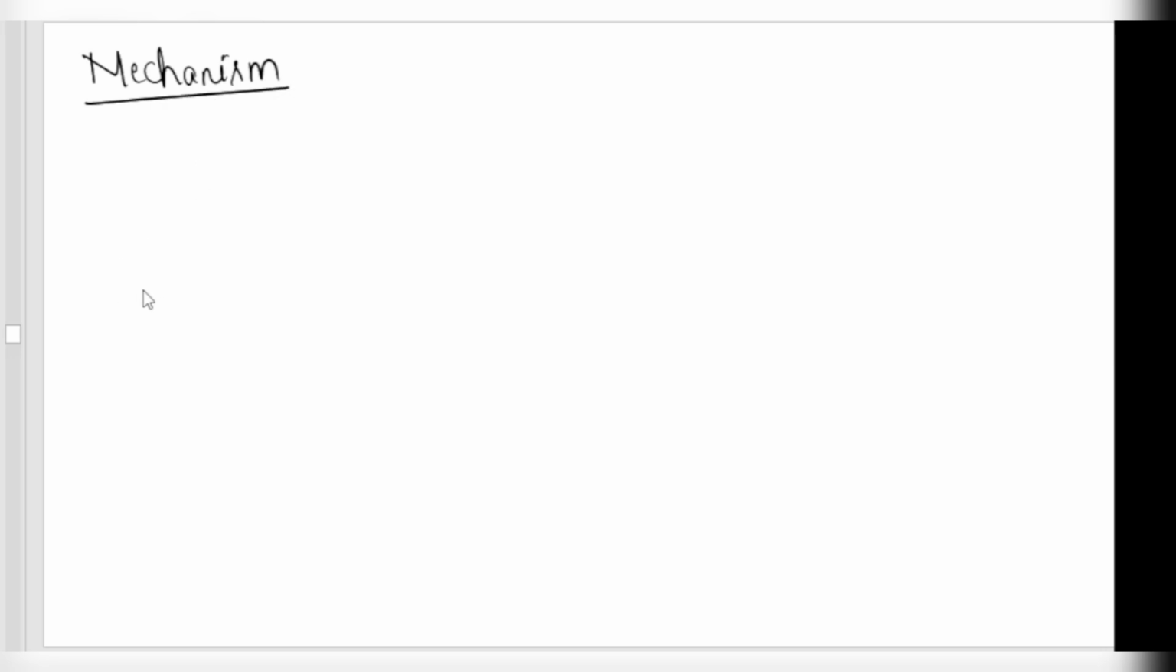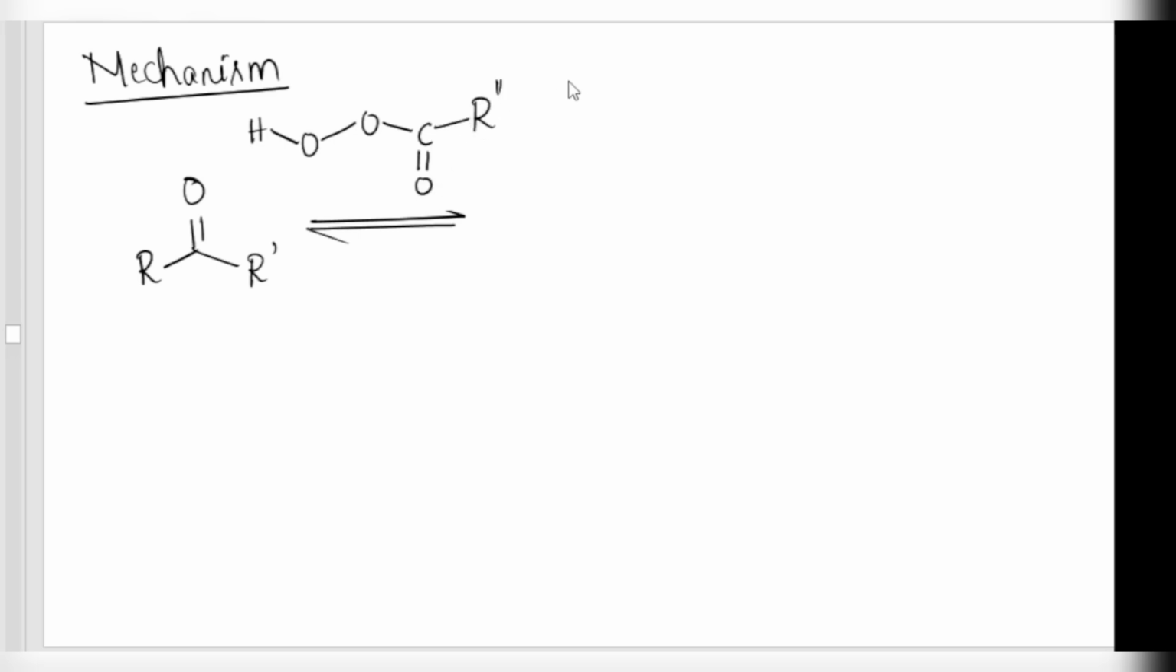As a general example, I will be taking an unsymmetrical ketone. Here R prime will be there, and the first step is a reversible reaction, and here I will write peracid like this. This is the peracid. I want to discuss one thing, that is